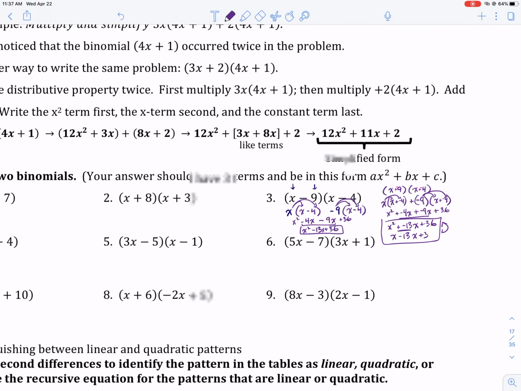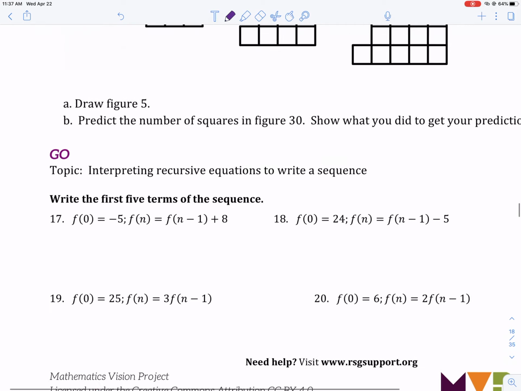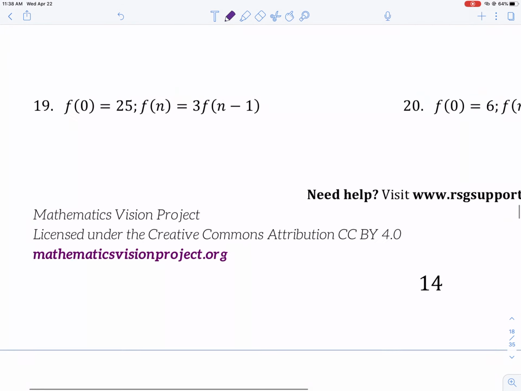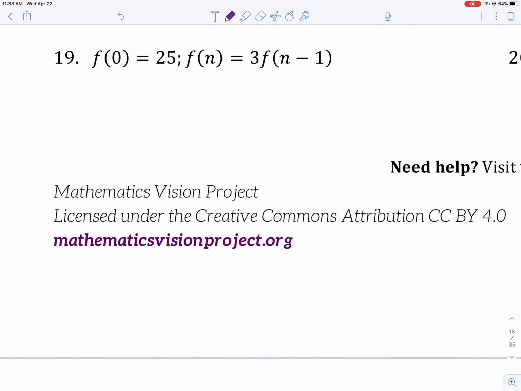All right, moving on. Let's just do an example from the last part, the go part. It says write the first 5 terms of the sequence. And we have f of 0 equals 25. So of course, this is going to be the first term, 25. And then the next part, this is a recursive formula here. It says, okay, to get your next term, you just take the previous term. That's what this means. f of n minus 1, that means the previous term, and then you're going to multiply